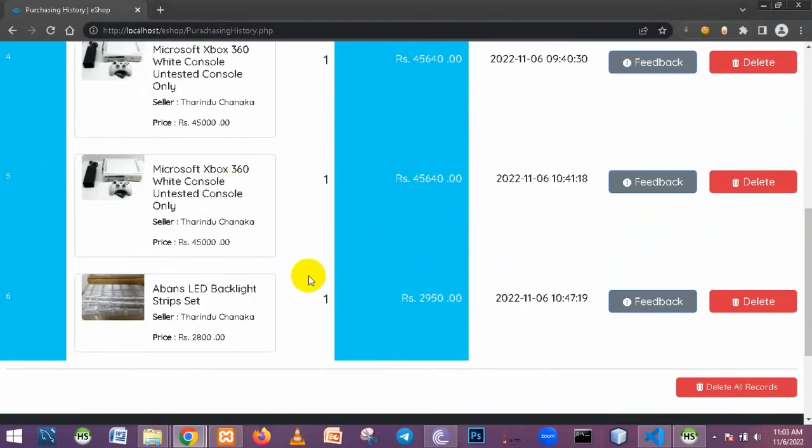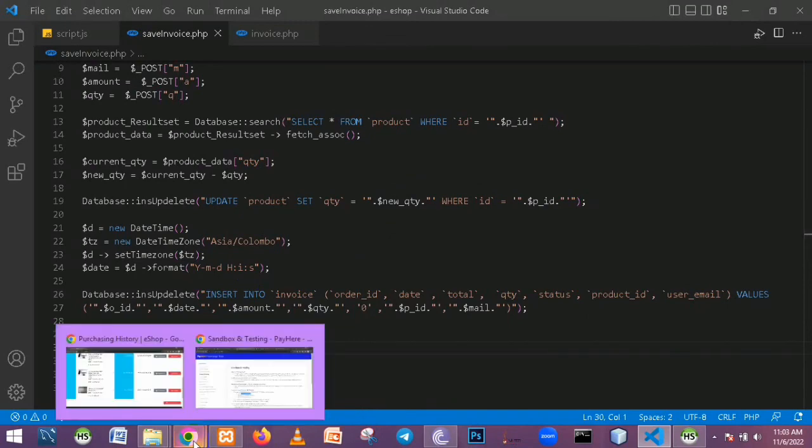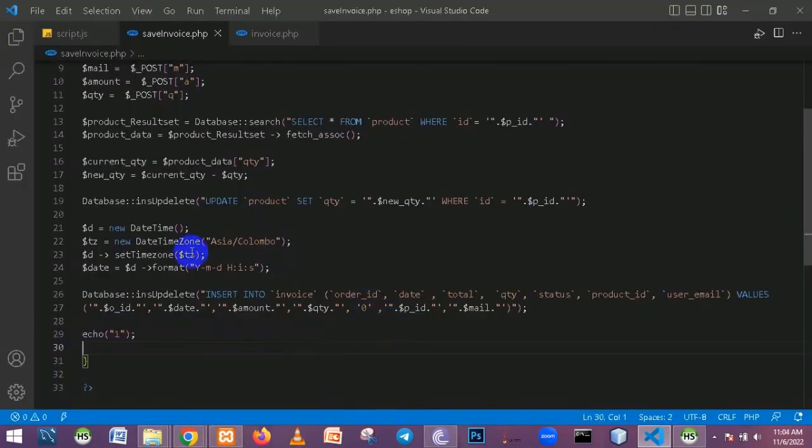And in my next video, I want to show you how I program my purchase history page. So now my part is over. I'm going to wind up my video. So I needed to show you how I program my invoice page, and how to get that invoice page into the save invoice process, and how to process my product and get details into our database. So I successfully talked about that,